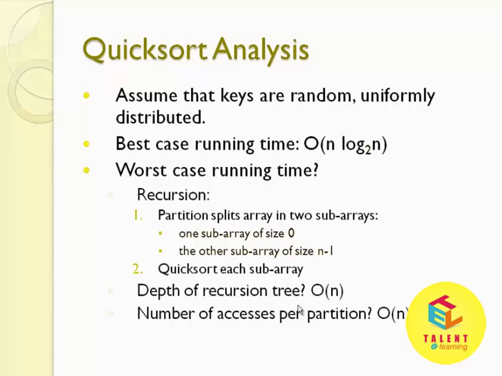Now quicksort analysis. Assume that the keys are random and uniformly distributed, then the best case running time is O(n log n) to the base 2. The worst case running time,